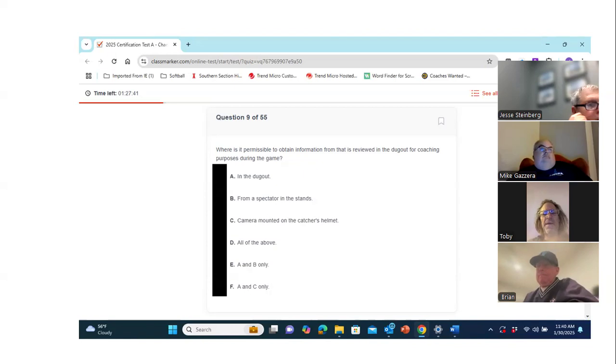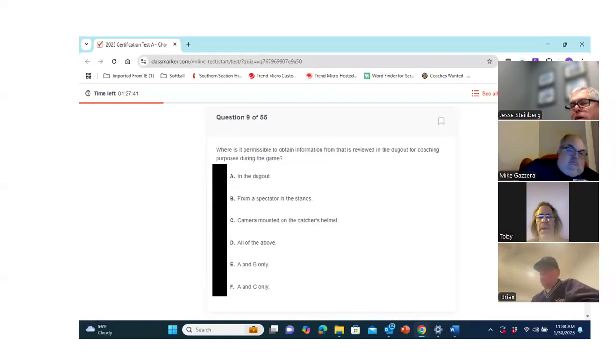So the rule reference for this question is 186. And according to the state rules interpreter, cameras are not allowed to be mounted on a catcher's helmet.